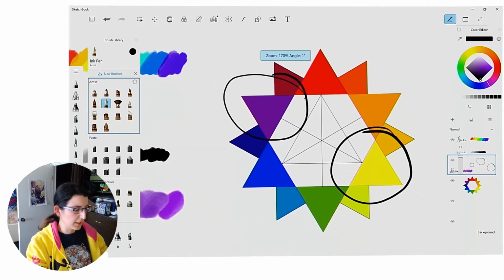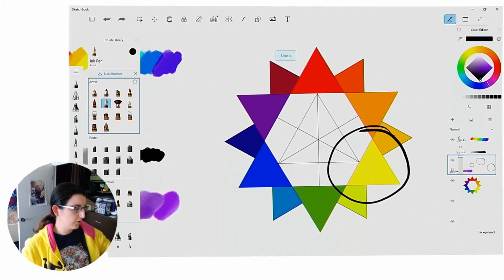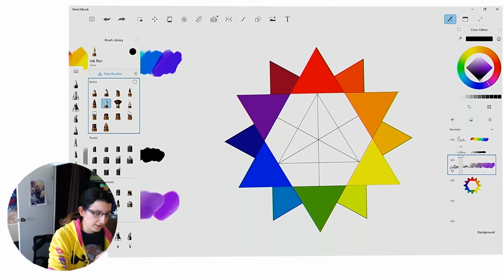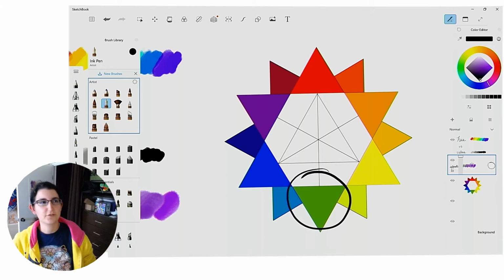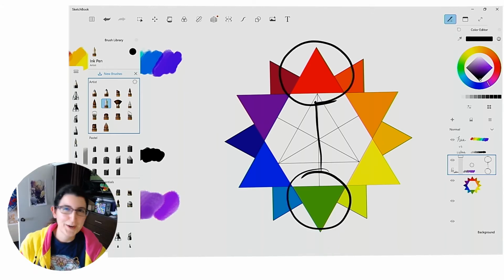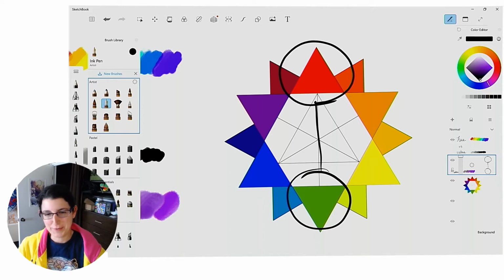Now, one thing to be careful of, if you say want to work with the color green, what's the opposite of green? That would be red. What does red and green mean? It means Christmas. So you gotta be really careful with this particular pairing of colors, because your artwork might look very Christmassy and you may not intend that.